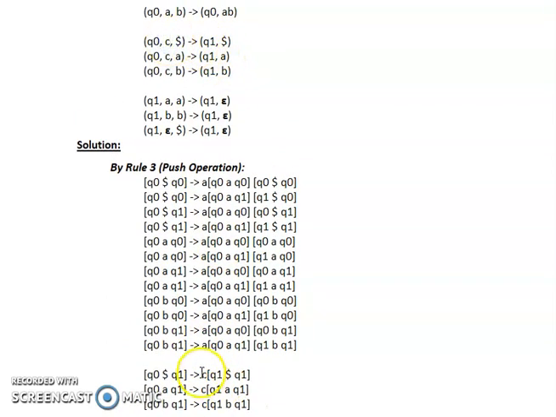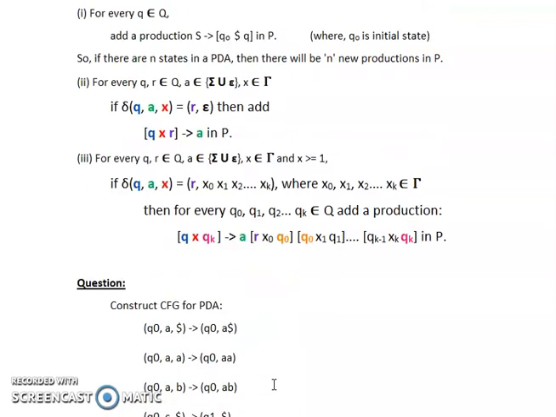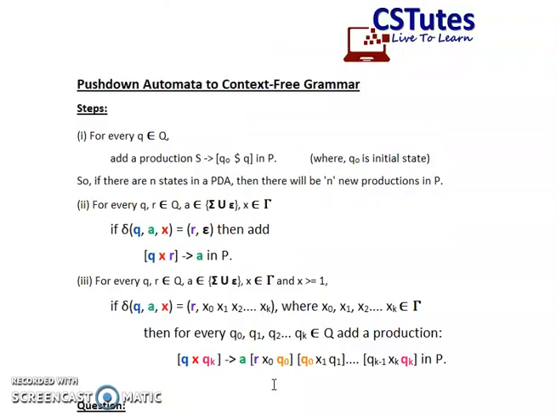Now the input symbol C is copied over here, and then Q1 is taken over here, and then the dollar, because we are having only dollar over here, so dollar is copied over here, and because we have taken Q1 over here, we have taken Q1 over here also. Now similarly for the other two also we will provide the rule. So in this way, you can follow the steps provided over here to solve the questions on conversion of a push-down automata to a context-free grammar.